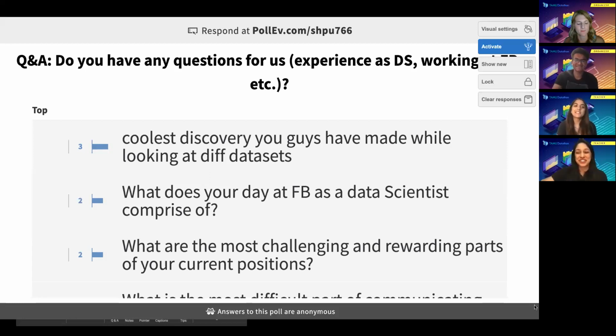Yeah, because I was going to say, I think the most rewarding part of my current position is what Shreya was just talking about: when you do get to discover something and change people's minds, and then actually see how your insight has affected the business going forward. I think that's really rewarding. And even just after performing an analysis, writing it up, making it pretty and publishing it internally, that's a really rewarding feeling too. It makes you feel like a scientist.